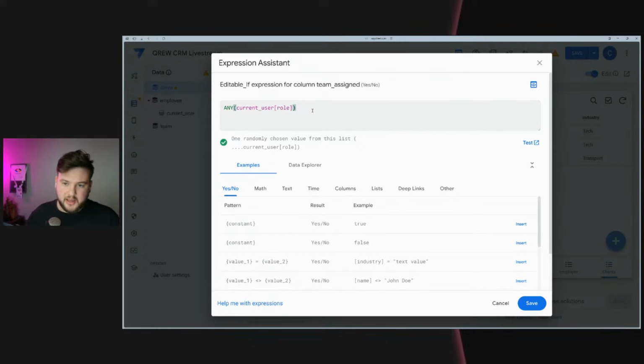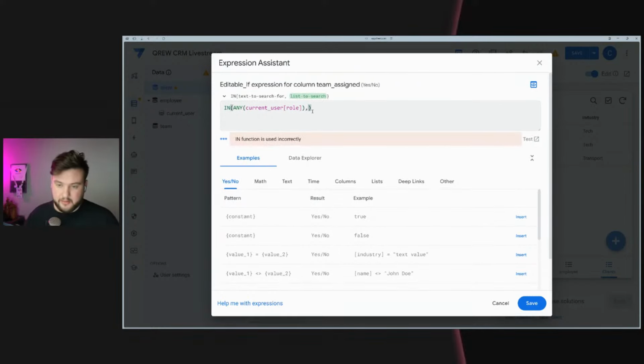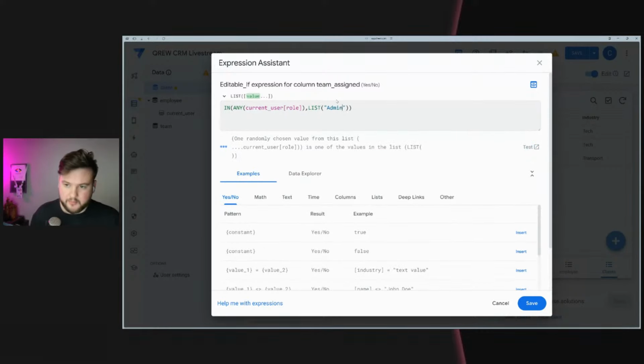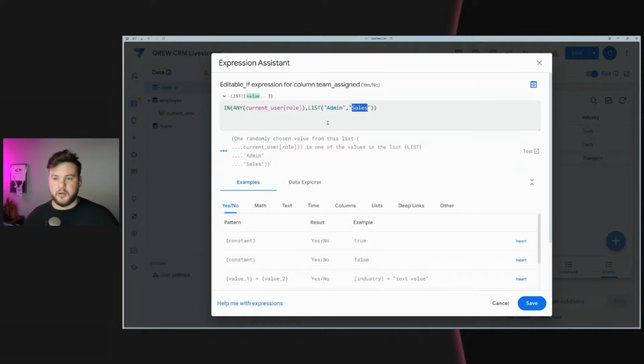And then we want to see if the current role, so for me, it's developer. For Austin, it's sales. We want to see if the current role is in, so we're going to use the in function. First parameter of the in function is a value. We want to see if this value is inside of this list. And the list that we're going to do is admin and sales. So we want to see if the current user's role is in this list of roles, which is admin and